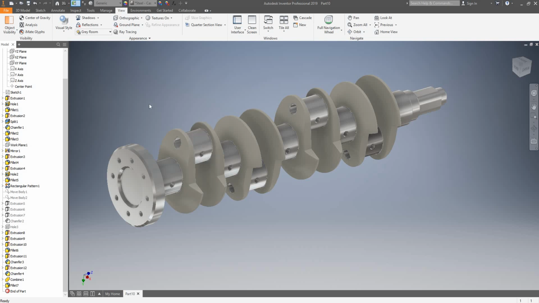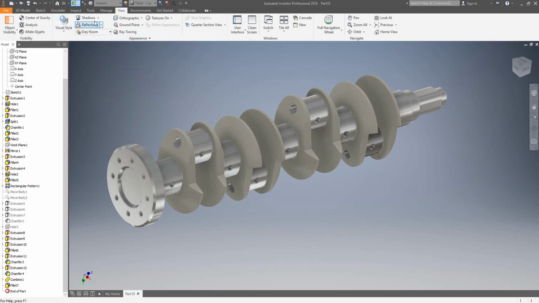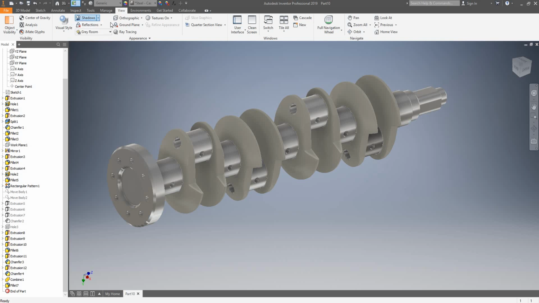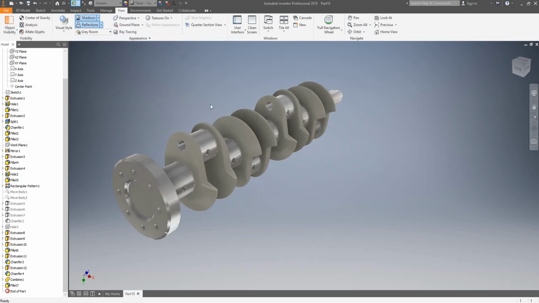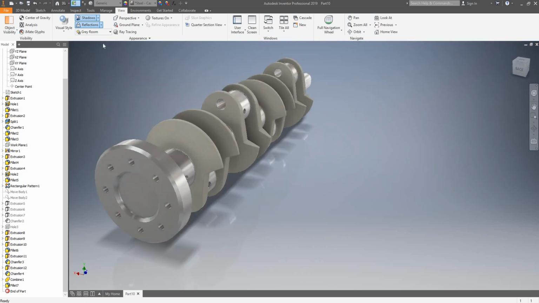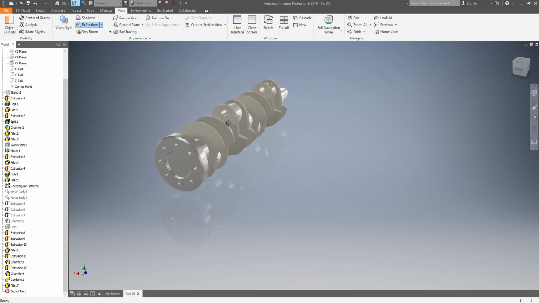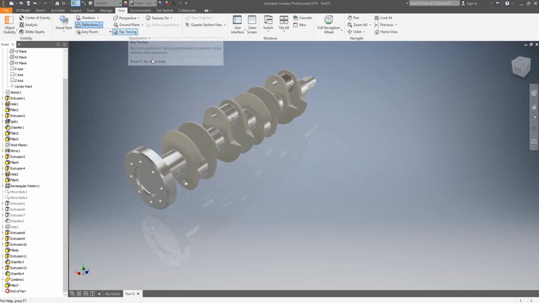You can also, if you go on the view tab, I've changed my style to realistic. You can add shadows if you wish. You can add reflections as well. Switch it from orthographic to perspective. I'll take my shadows away actually. You can even take a render. So if you go on ray tracing,